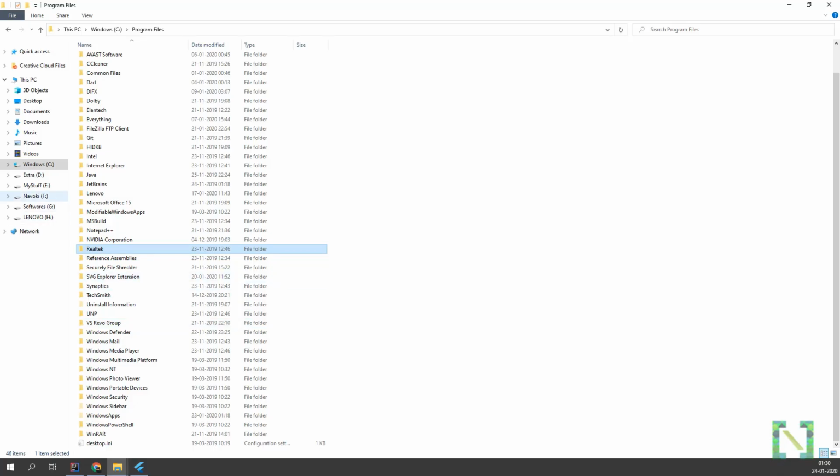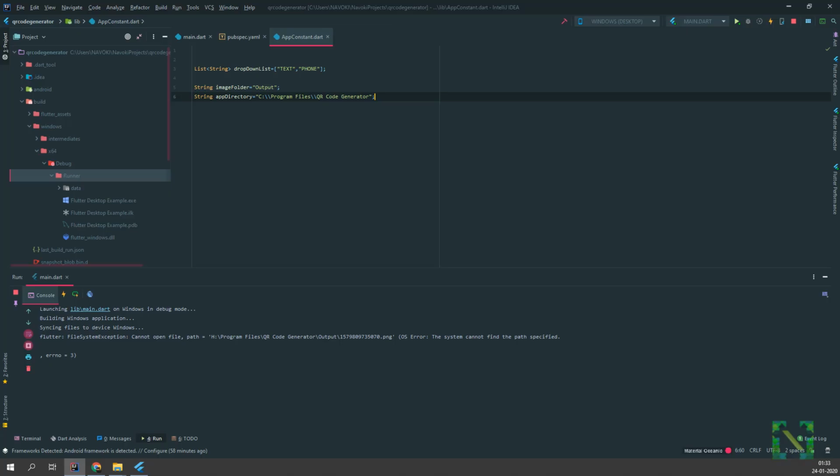So I have mentioned the path of the C drive. The directory is not created in the C drive. So due to write permission error, I am mentioning the logical drive path.